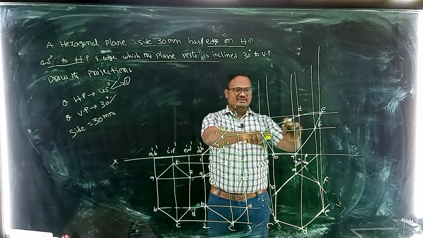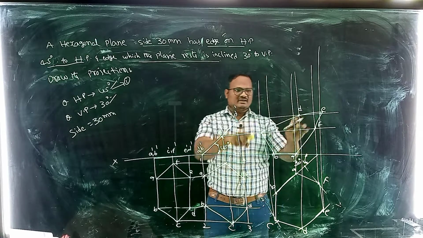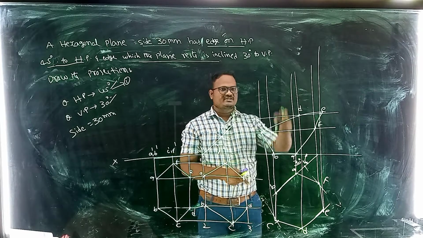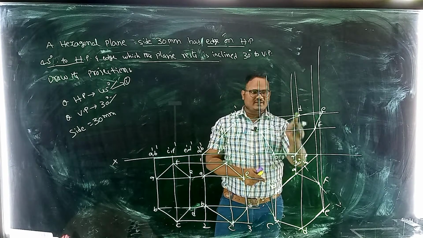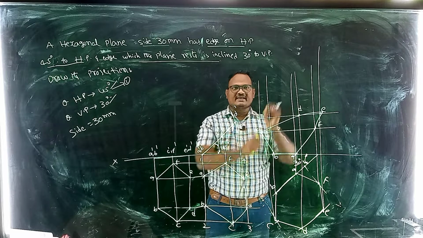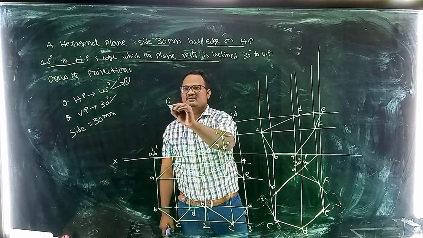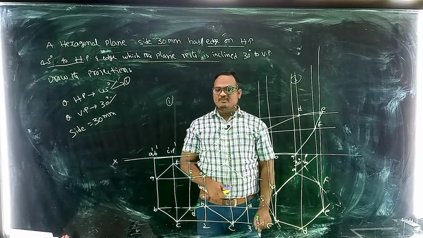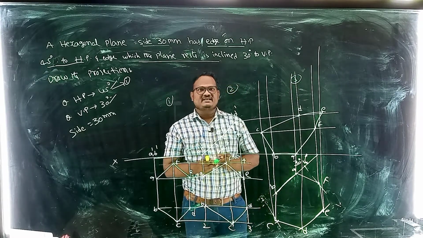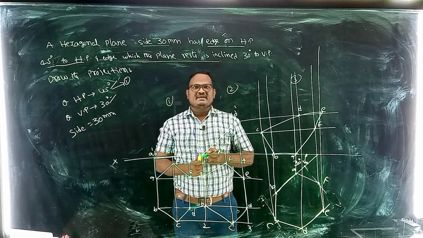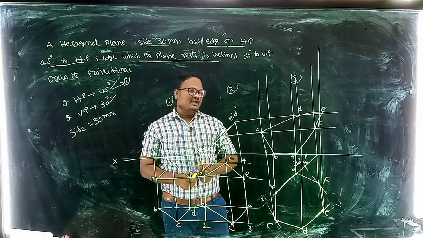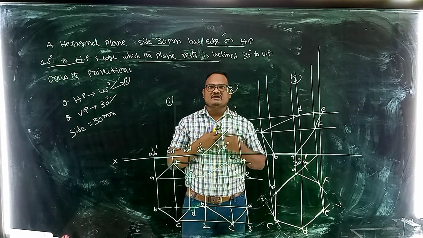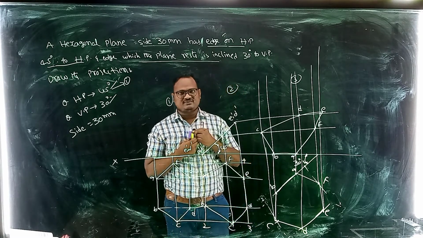Okay, so here I didn't get the exact shape, but if you draw as per the dimensions by taking projections with straight lines, we will get the exact compressed hexagon. So this is stage 1, stage 2 and stage 3. So the hexagonal plane is initially having an edge on the HP, making an angle of 45 degrees to the HP, and the edge making an angle of 30 degrees to the VP. So this is very important from projections of planes.